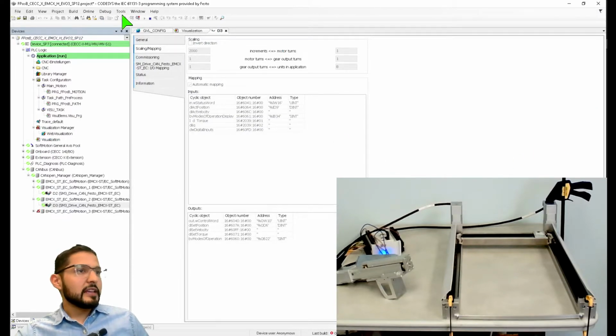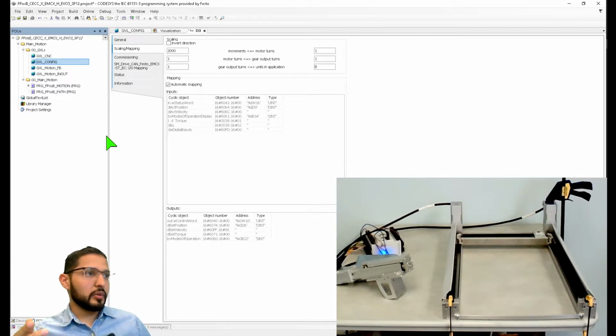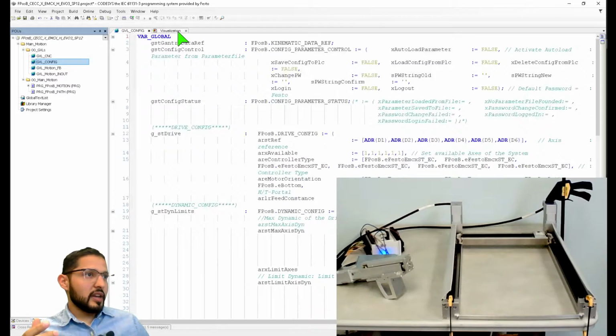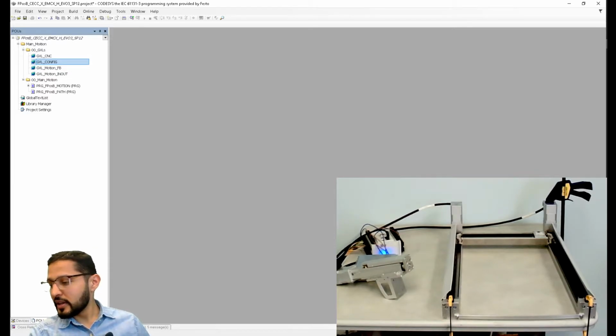Right here. So in CODESYS, I remember that I mentioned to you that this is a library that you can download directly from the Festo website. I'm going to close all of this. And if you go into the POU section on the library,